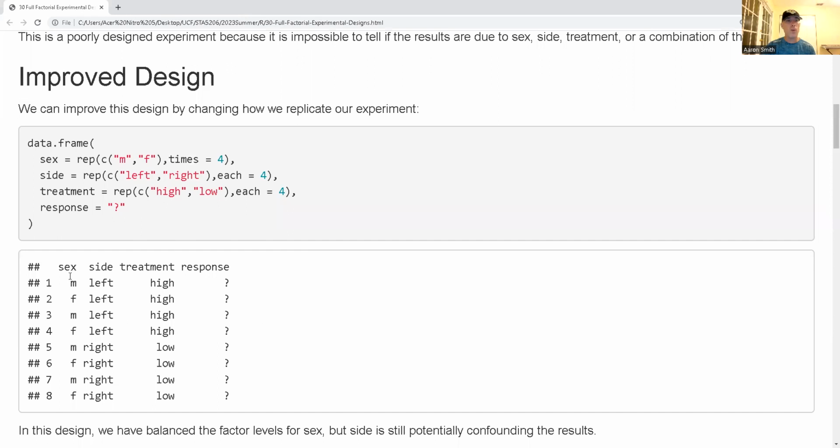but this is improved. So now notice I've got sex goes male, female, male, female, male, female, but side and treatment, I still have that matching aspect. Every time it's left, I see high on treatment. Every time the side is right, I see low for treatment. All right, and so this is improved, this is better, but on this one,